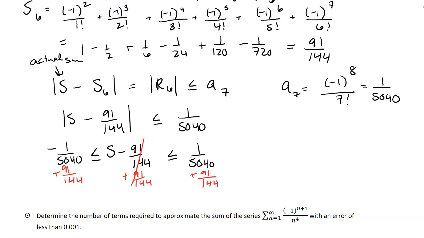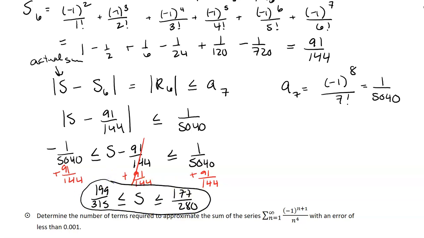And if you do the arithmetic on that, that will tell you that S has to be between 199 over 315 and 177 over 280. Now, it didn't ask us to find a decimal approximation. This doesn't tell you a whole lot unless you deeply understand fractions. But just to show you how close this actually is getting, if you put this into a calculator, this is